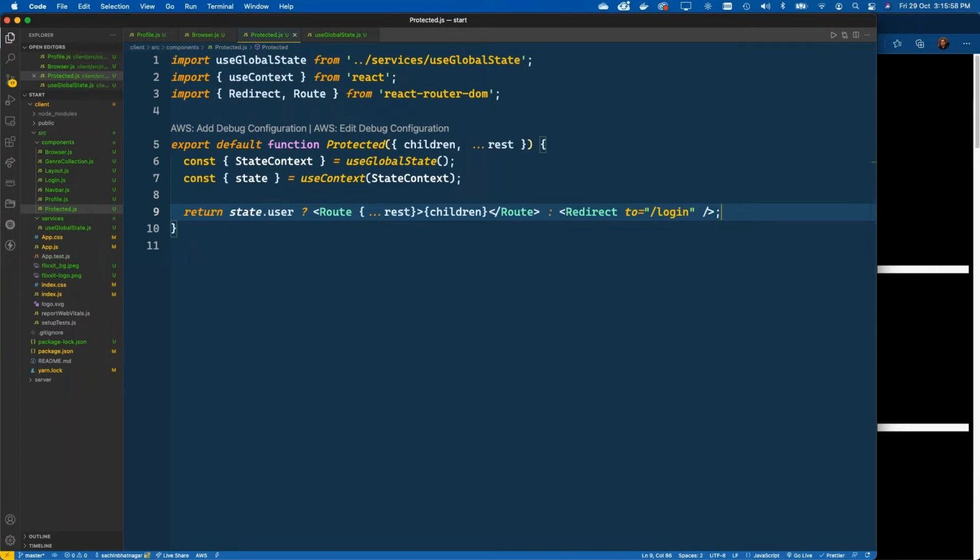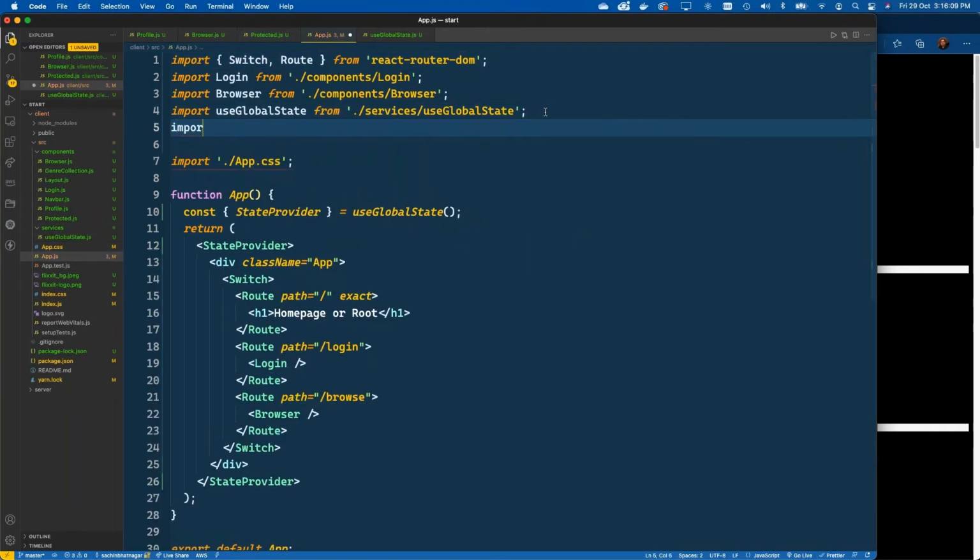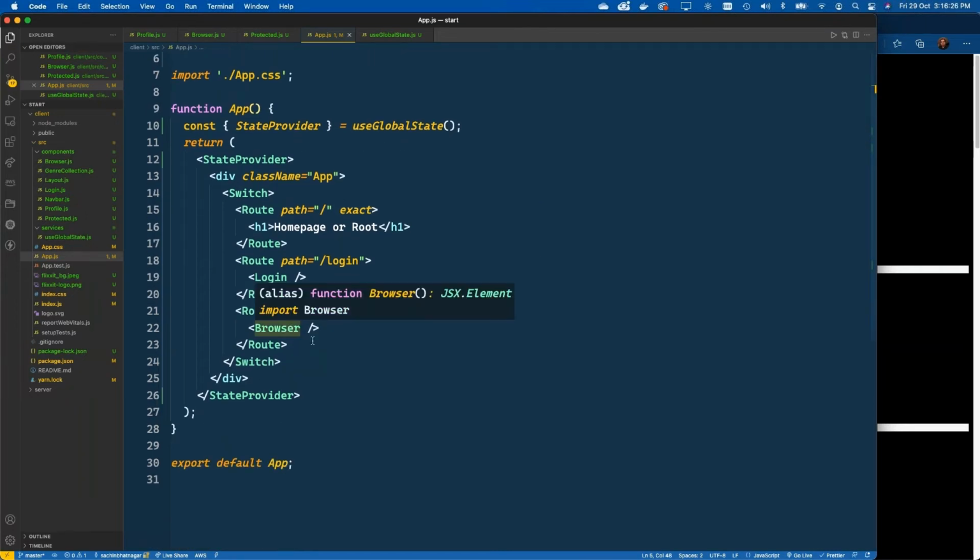Now let's see how this component can actually be used in practice. So what we'll need to do for that is go to the app.js, and let's get it in here. So import Protected from components/protected component. So once we have the protected component here, the first route that I want to protect is